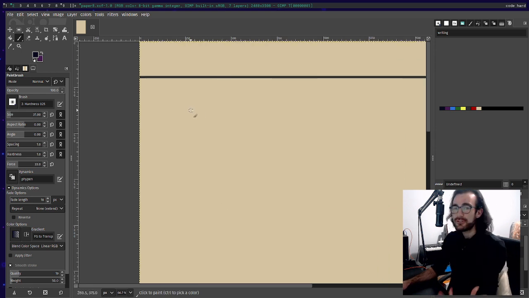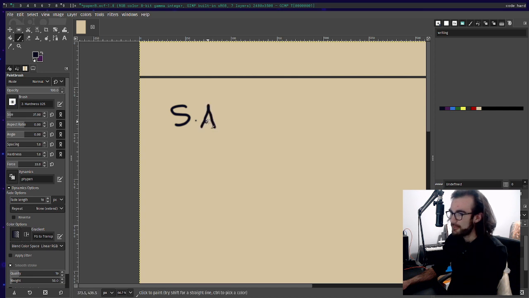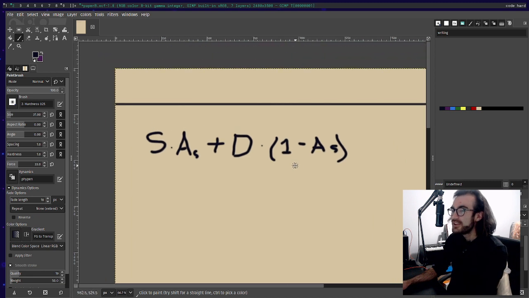Okay, so when you talk about transparency, right, you have an equation that looks like this. You have a source color multiplied by, let's call it AS, the alpha of the source color, AS. And you add this onto plus D, a destination color, or like a background color, multiplied by 1 minus AS. I am being so careful to write this neatly with this trackball. It is very stressful, okay? Very stressful. So you have this kind of equation, right?